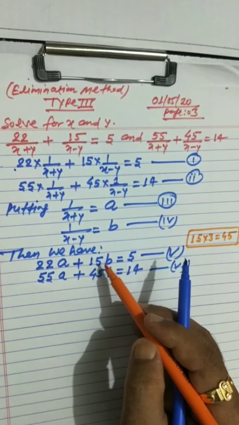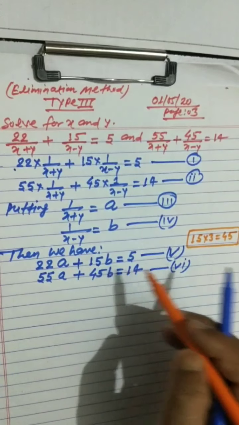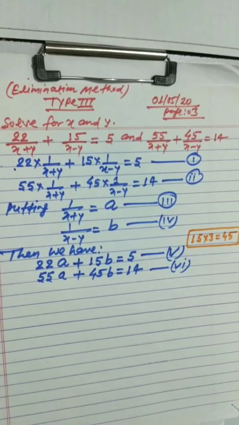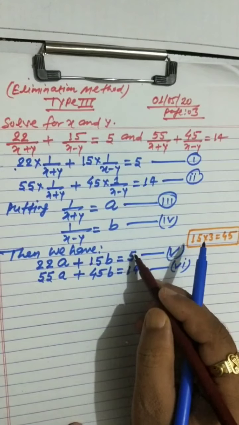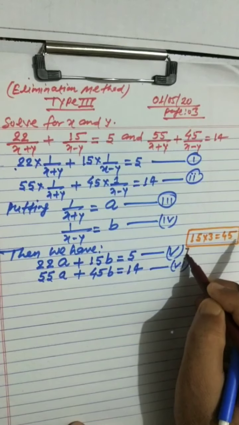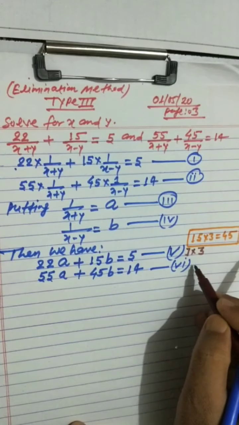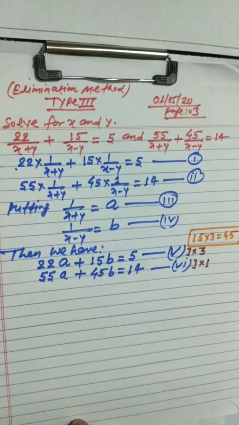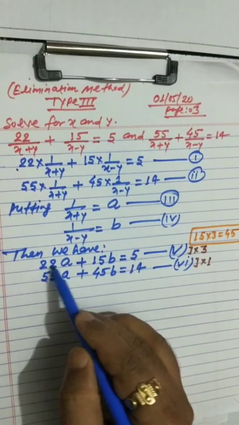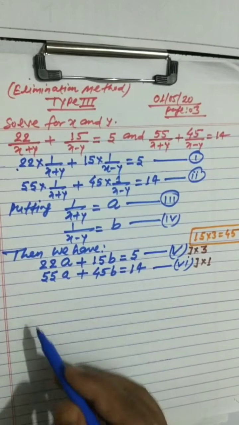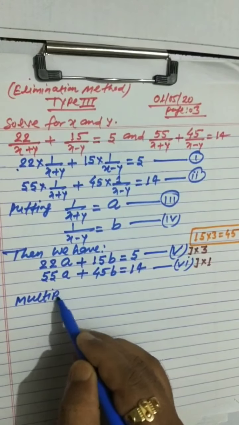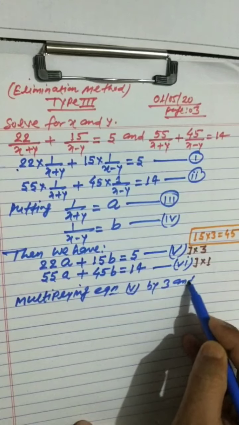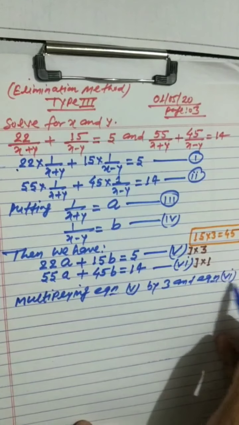हम लोग मल्टीप्लाई क्यों करते हैं, क्योंकि कोफिशिएंट्स को इक्वल करने के लिए. तो हम देख रहे हैं यहाँ पे कि 3 से मल्टीप्लाई कर देंगे तो हमारा काम हो जाएगा. इसको कोई ज़रूरत नहीं है 45 से मल्टीप्लाई करने की और इसको 15 से. इसको हम 3 से कर देंगे मल्टीप्लाई, और इसको 1 से करना होगा तभी 45 रहेगा. तो इस तरह से मल्टीप्लाई करके भी इक्वलाइज किया जा सकता है, लेकिन इक्वेशन 5th को पूरा 3 से मल्टीप्लाई करेंगे. तो यहाँ पे लिखेंगे मल्टीप्लाइंग इक्वेशन 5th बाई 3 एंड इक्वेशन 6th बाई